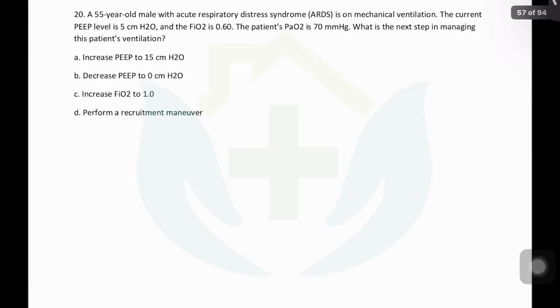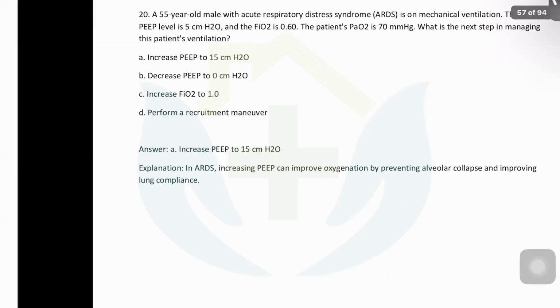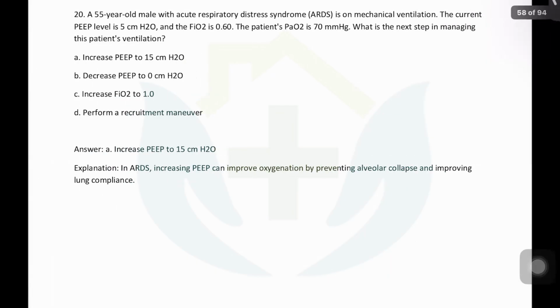Because it is a question that has been framed, you will need to make an answer. So the safest answer is A, that is increase PEEP. So maximum how much PEEP can we go to in an ARDS patient? So there is no maximum or minimum, there is optimum. You have to understand that you can go up to 20, 22 PEEP. Now, if somebody's lungs can tolerate it, you can keep on adding the PEEP.